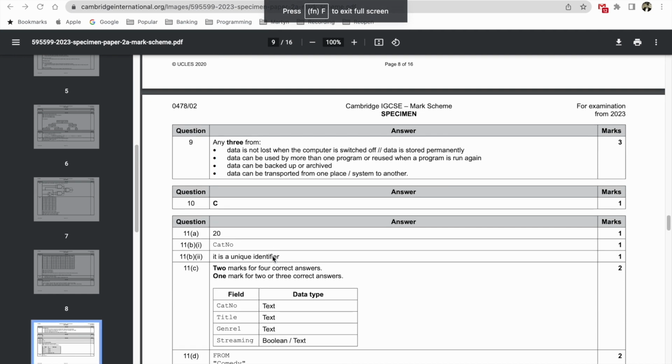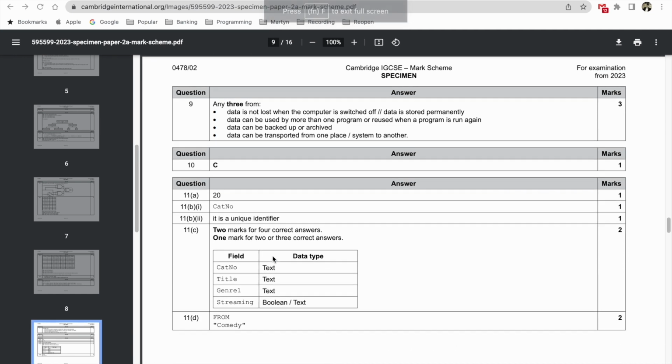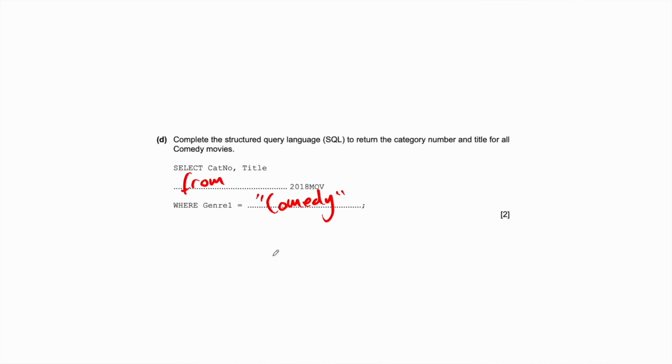So question 11, there are 20 records. That was an easy one. Our primary key is the cat number. The reason we've chosen it is because it's unique, which is again very similar to what I said. Excuse me. In the table, we've got text, text, text, Boolean. They've also said you can have text, which is fair because yes and no are words. And lastly, the blanks from the previous question are for and comedy. Notice speech marks. Okay. Right. Next question